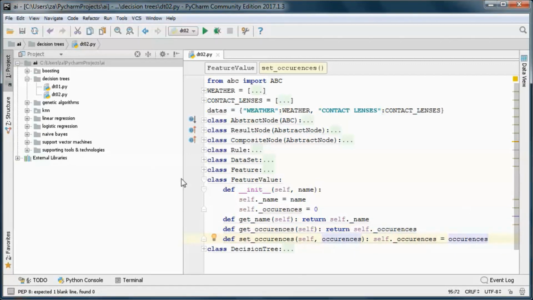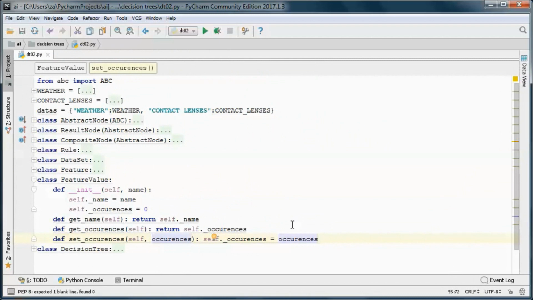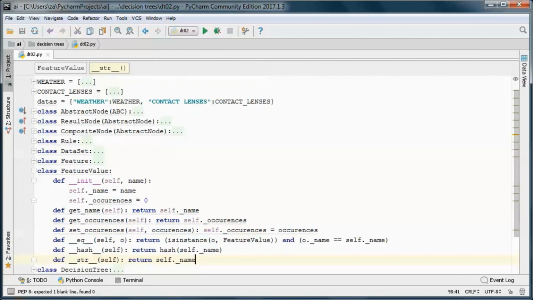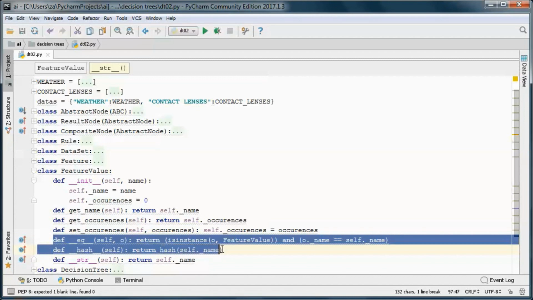And this toString method will return the name of this feature value, and I have the equal and hashcode methods, since we will be comparing this feature value against other feature values.